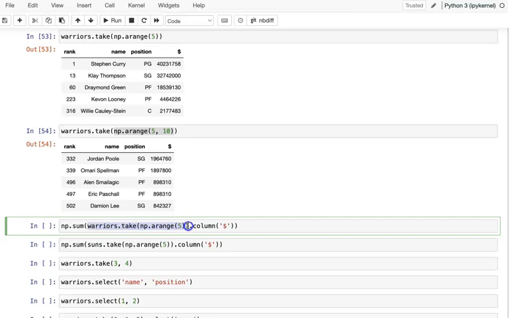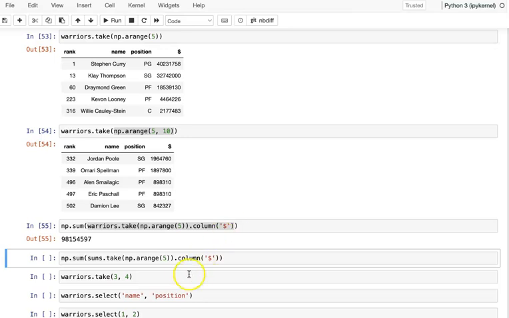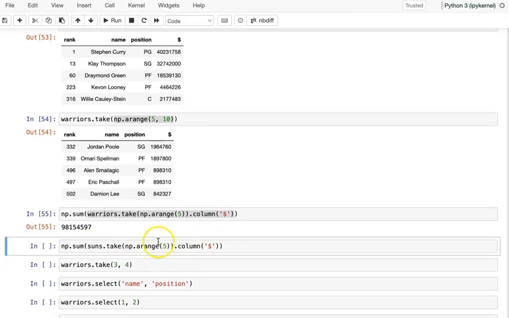So the first one we have is we get the warrior, we got the first 5 players. So then that's only got the column for their salary. Then you apply passing the whole thing to the NumPy sum. Then you got the total. Okay, so that's they got all like 98 million. Okay, so then if you compare the next 5 players,